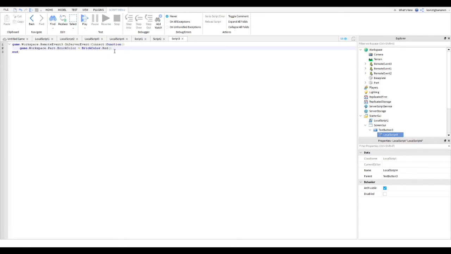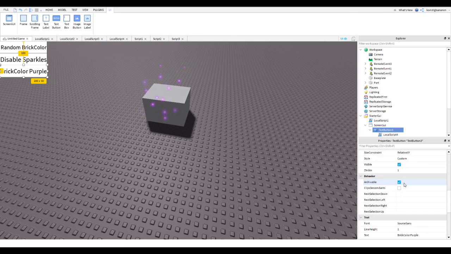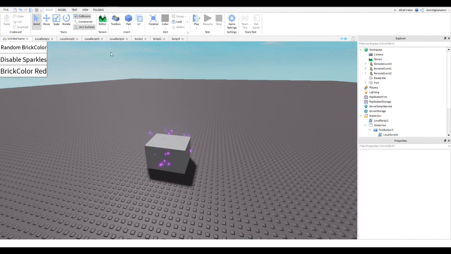But the purple didn't exist, so, or we could, yeah, that will work. So then we're just changing the button text to brick color red, like that. And then we test it,